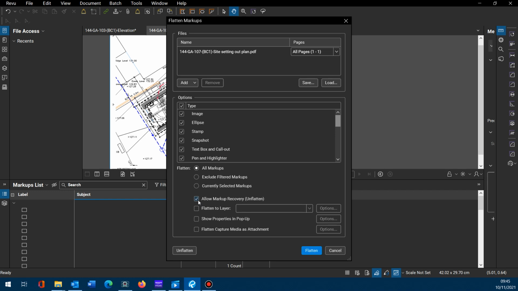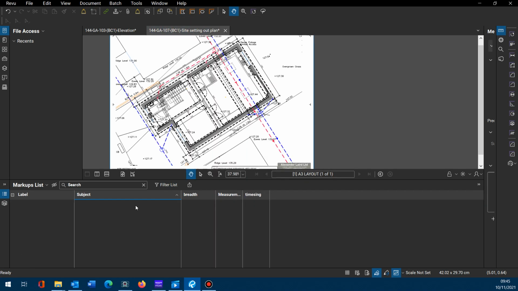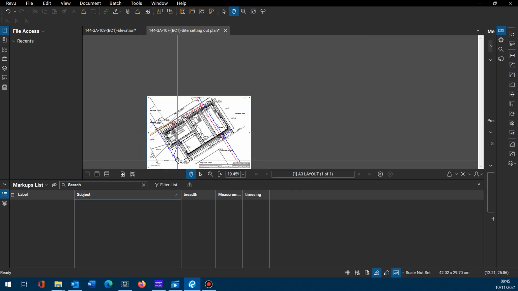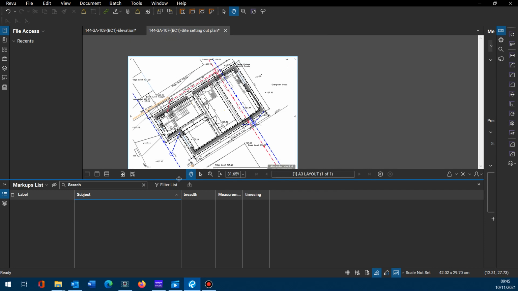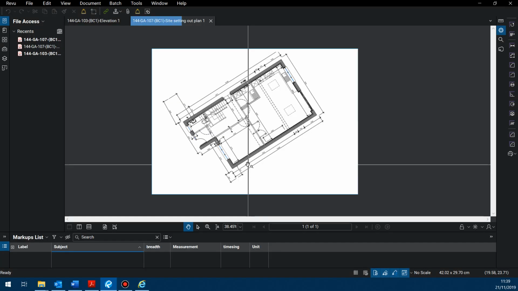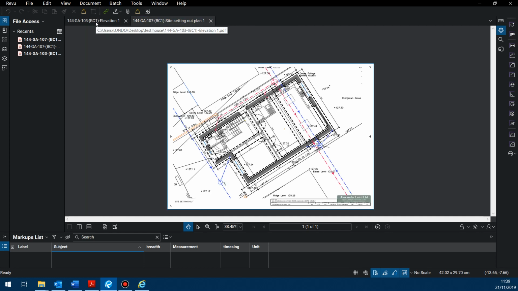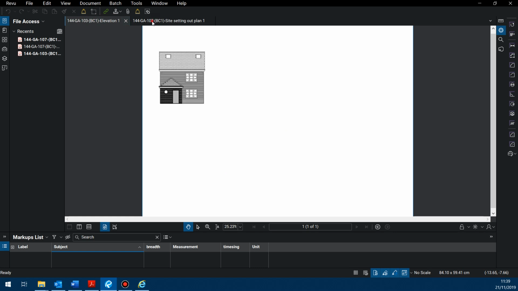So go ahead and click flatten, and you'll notice that now all of the unwanted markups are now done away with. So as I said, if you notice that each appear in their own tab,